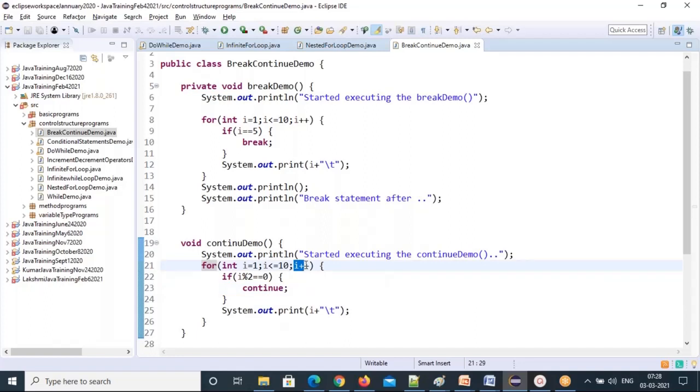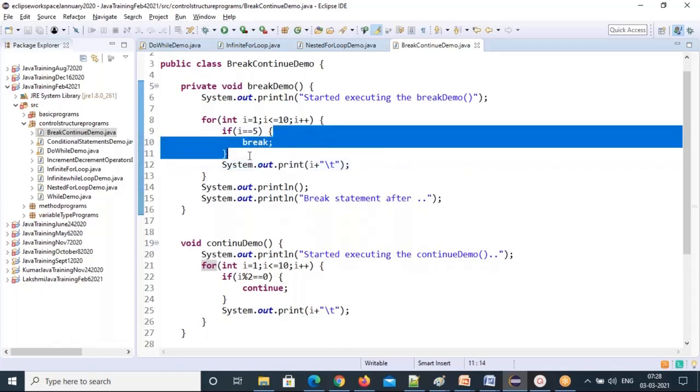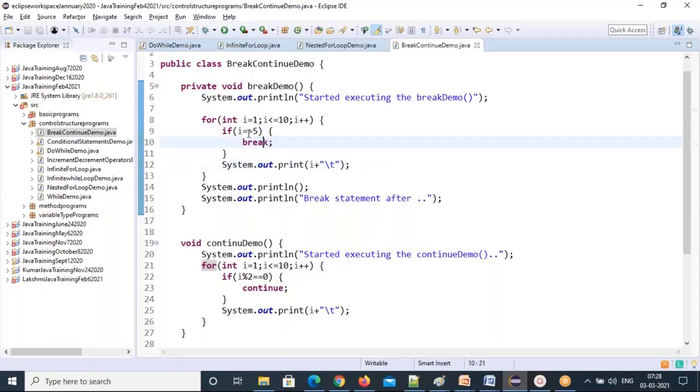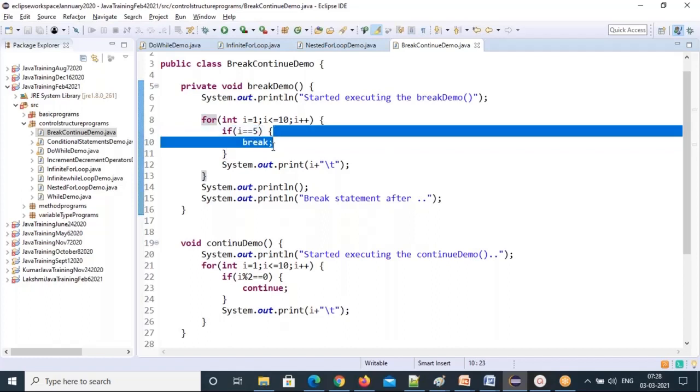That's the situation here. But in the break, 1, 2, 3, 4: i value 1, not true. So it will execute this one. Because it's not coming to the if condition inside, break is not executing. 2 also not going to execute break. 3, 4, not going to execute break. 5 equal to 5, so it is true, right? So it will come to the if condition.